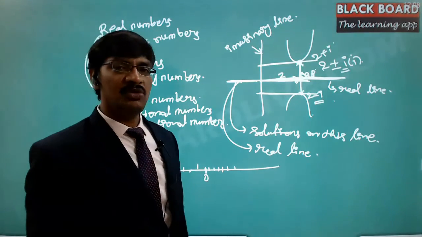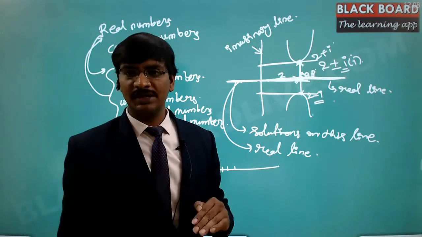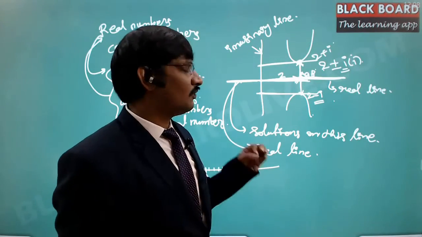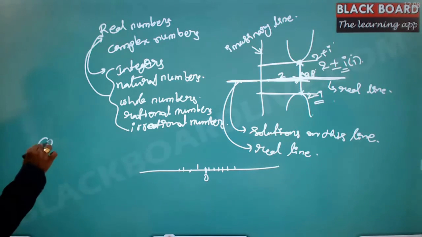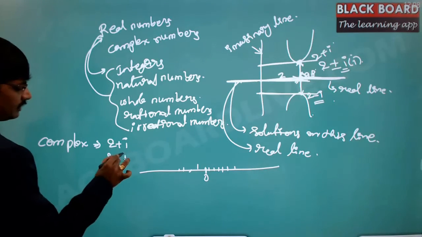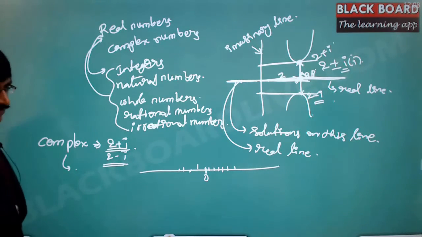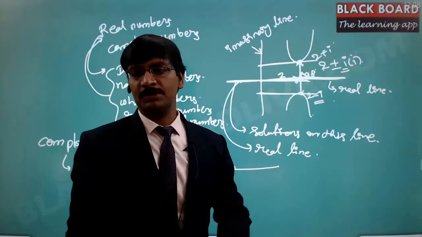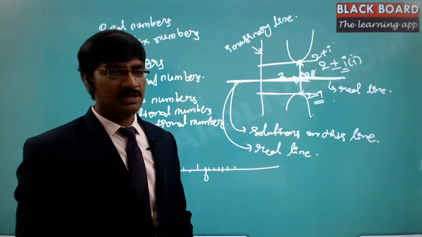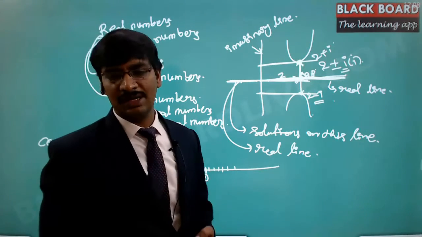On the real line, if you are able to find the solution, that is what we call the real solution. If you are not able to find the solution on the real numbers, that is what we call the imaginary numbers or the complex numbers. So here the word complex comes into the picture. In this particular case, the complex numbers are 2 plus i and 2 minus i. These are two different complex numbers. Why the word complex? This is still a number, but it's a complex number. A real number is a simple number for us. That means if you are able to find the solution on this line, that is what we call a real number.